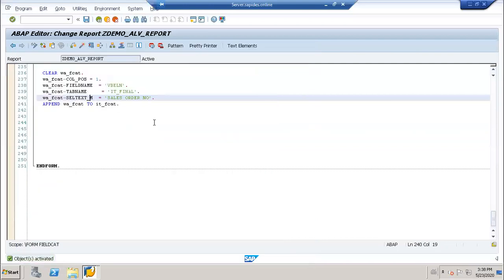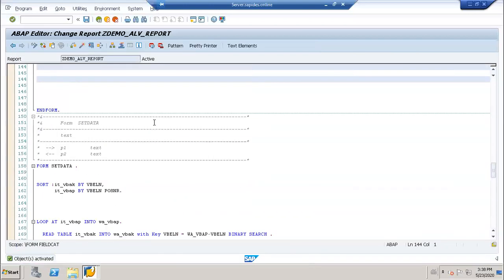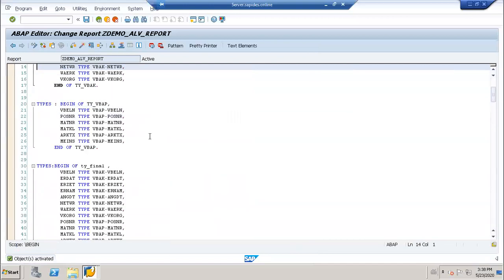So I'll keep on adding the other fields. What are the other fields? I just took IT final, I'll just take it over here.